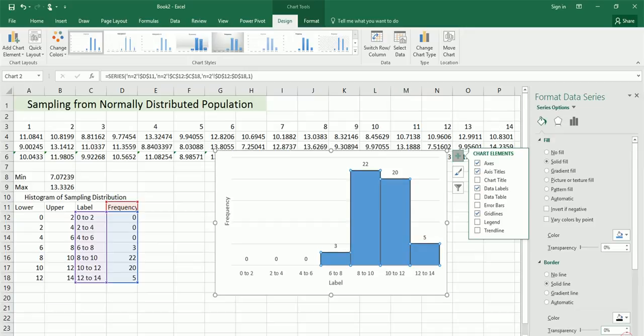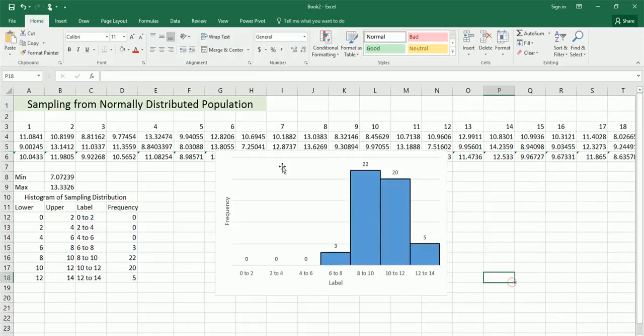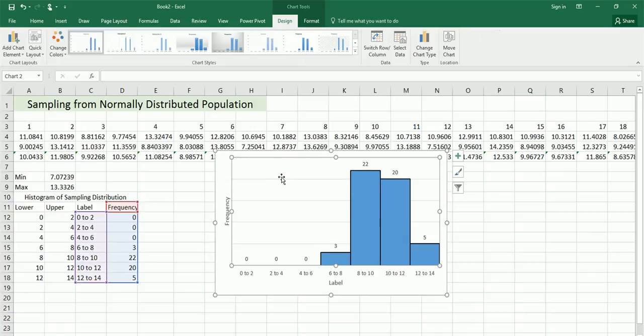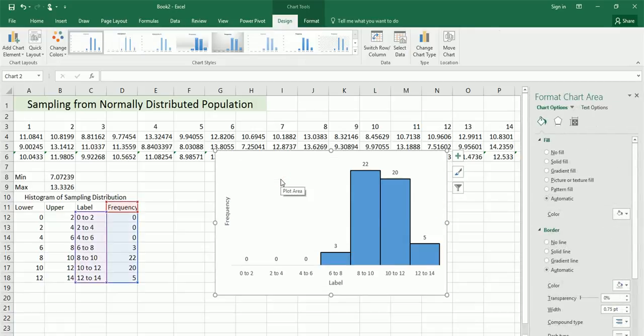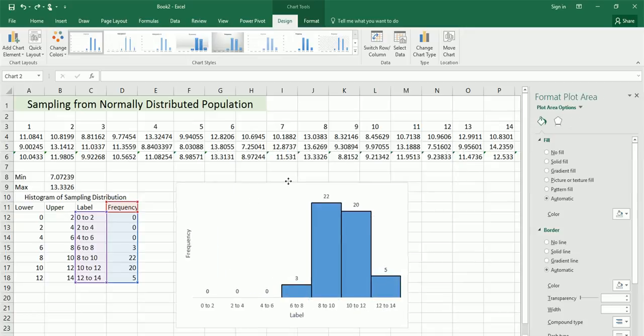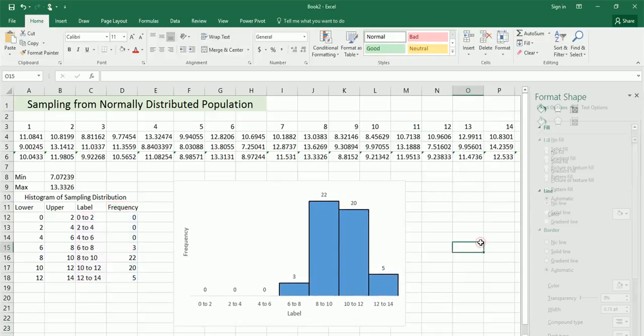Increase the width, and there we go. Click on the grid lines and delete. So there we have our histogram. Alright,